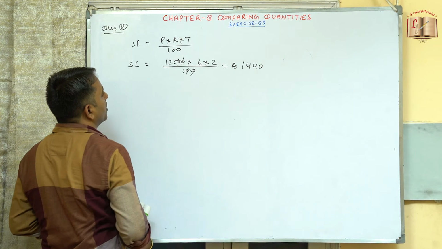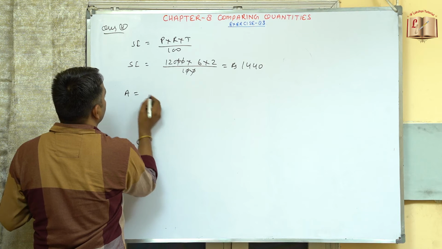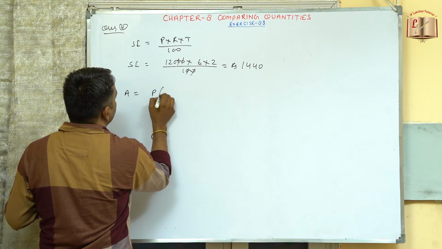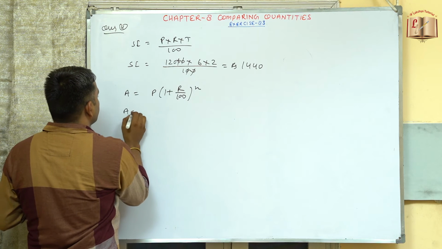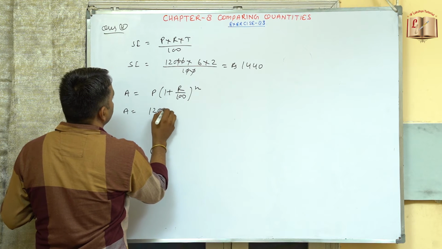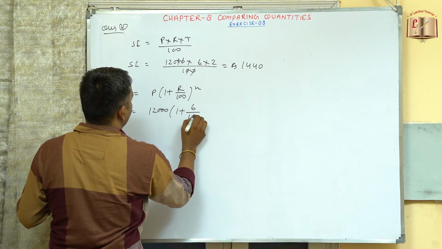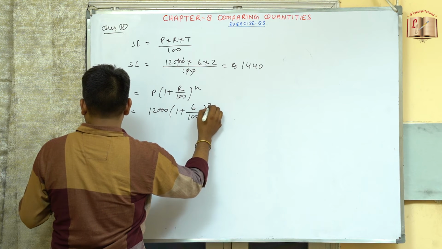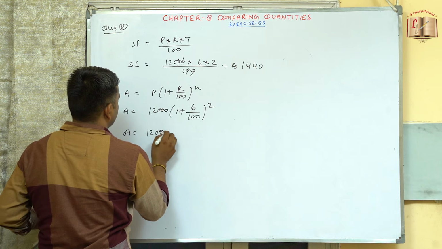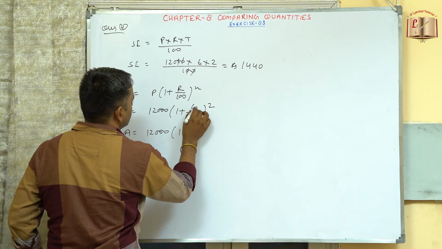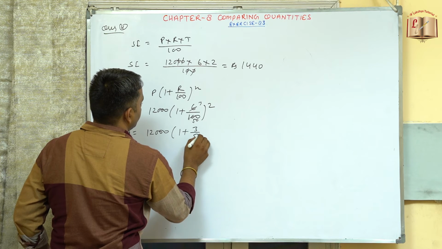So, this is rupees 1440. Similarly, we will find out the CI now. So, A will be equal to P times (1 plus R by 100) to the power n. P is given as 12,000, then this is 1 plus R, R is 6 divided by 100, to the power n, n is 2. So, A is equal to 12,000 (1 plus 3 by 50) to the power